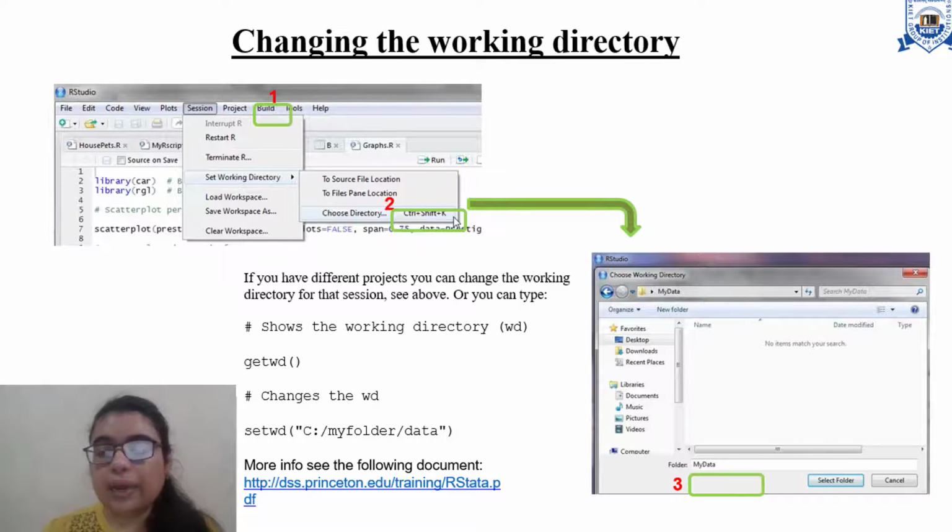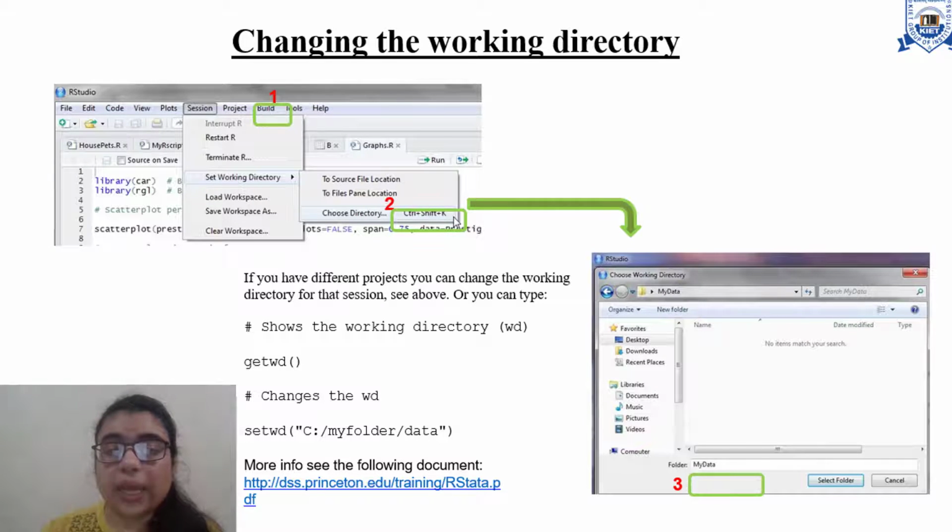Now let us see about changing the working directory. Here you have to click on Session, then here is Set Working Directory. Then you will see Choose Directory, and in the third step you choose the particular directory you need.